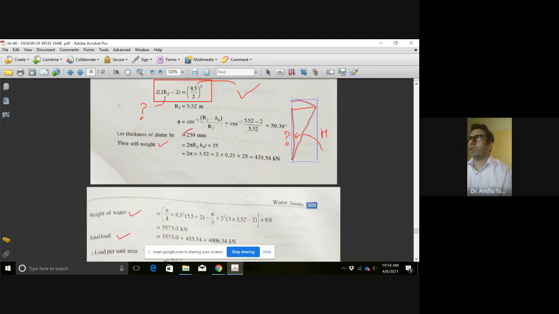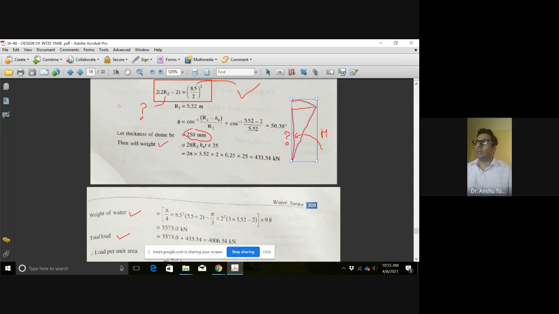So we have assumed the thickness of dome here as 250 mm. You can start from 200 if required, but actually whatever we are doing, 250 is correct. It is going to come safe. We cannot assume 75 here, as I have already told, that all the load from above is going to come down to three components: the spherical dome, the bottom girder, and the conical dome. These are going to be having maximum stress.